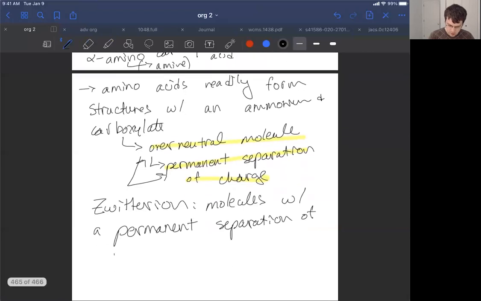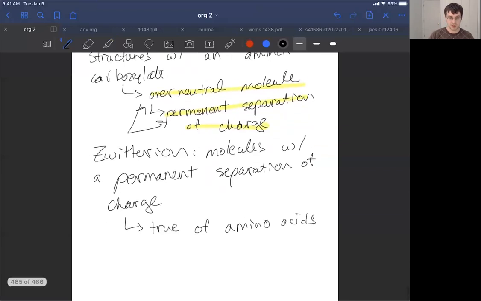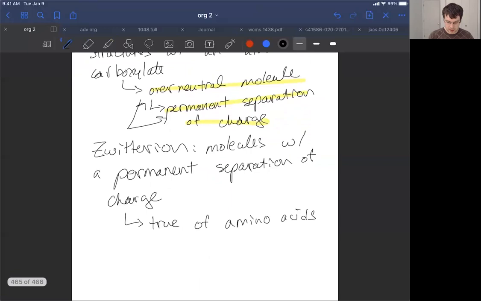So all 20 amino acids exist as Zwitter-ions in the conditions that we usually see them exposed to, which is some sort of aqueous medium. Now, what's great about that is this improves their solubility in water. It improves the solubility of amino acids in water. So it's a really nice trick by biology,